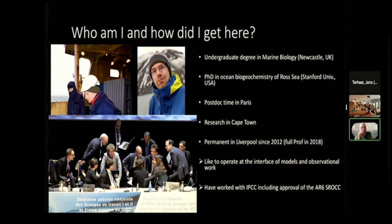And the picture on the right is my most recent time in Antarctica. This was on the Tara, where I was chief scientist on this sailboat that goes around trying to collect large amounts of genomic information. Doing this is really fruitful. It's a really exciting part of my work, and it's where a lot of the new ideas are generated, from going to sea, observing the ocean, interacting with colleagues in this environment. And I think it's a really important part of the career of being an oceanographer if you're interested and able